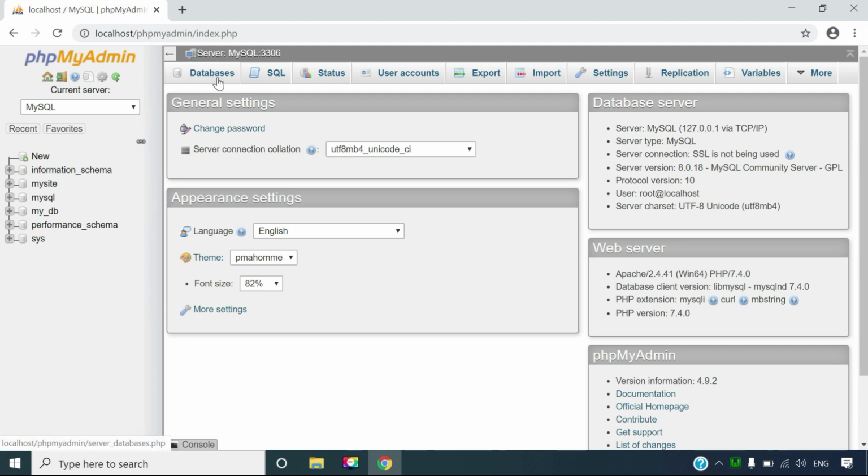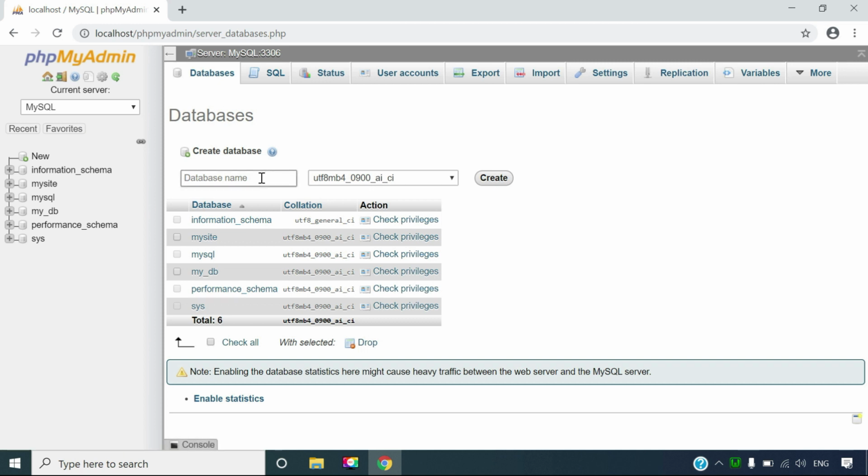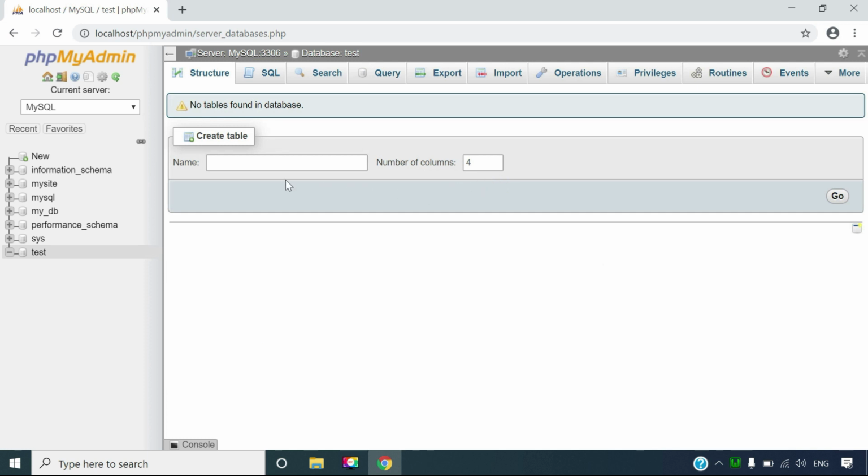Through this software, you can create a new database. You can create tables here. You can also import and export MySQL database tables. You can run MySQL queries here.